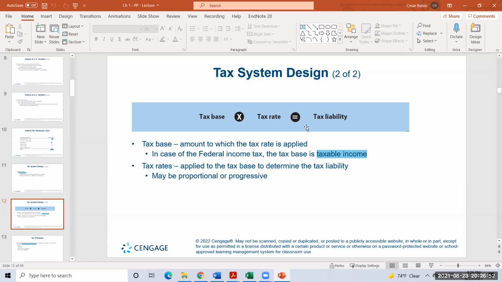Then you subtract what you already paid, maybe in withholdings, maybe in estimated payments, and maybe you qualify for some of the tax credits. All three of those that I just mentioned will reduce this, right? Then if you over or underpaid, that's what's going to show in your tax return: okay, you still owe more taxes. You need to pay more taxes than what you already paid, or you paid too much and now you're going to get a refund. And I'll show you that in a few minutes